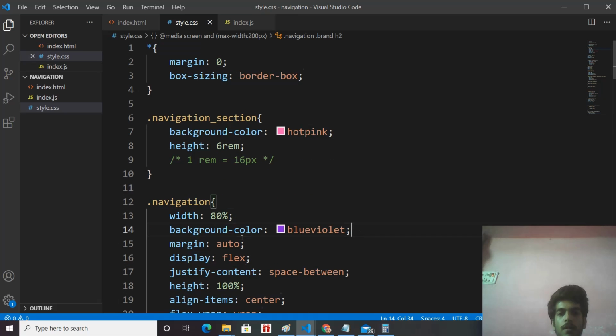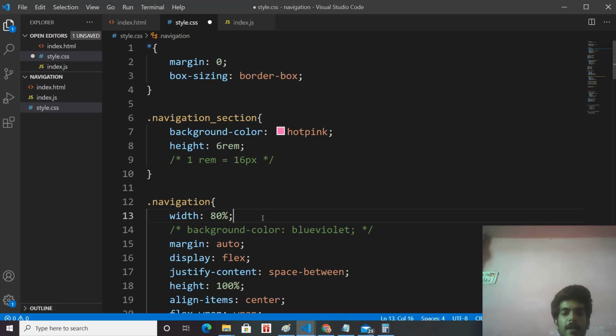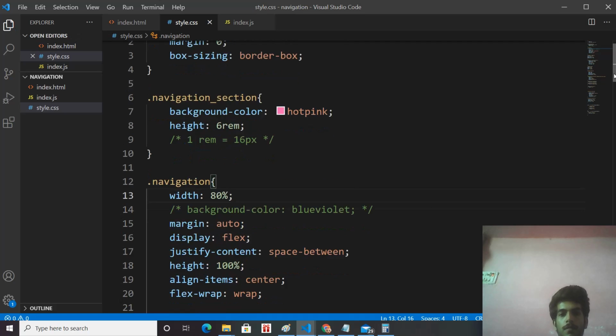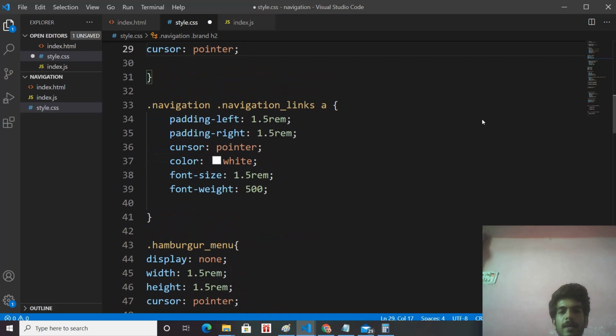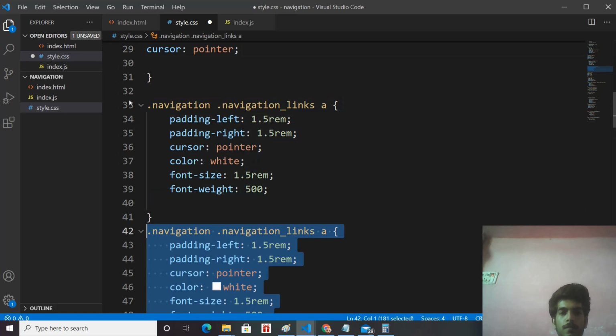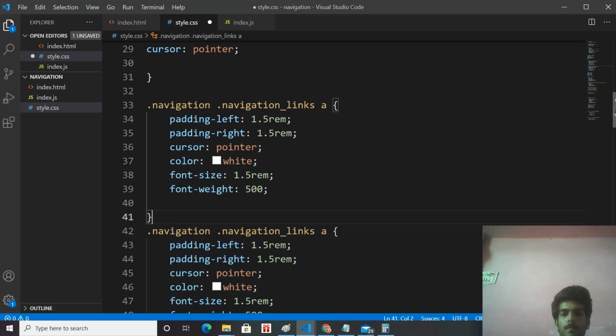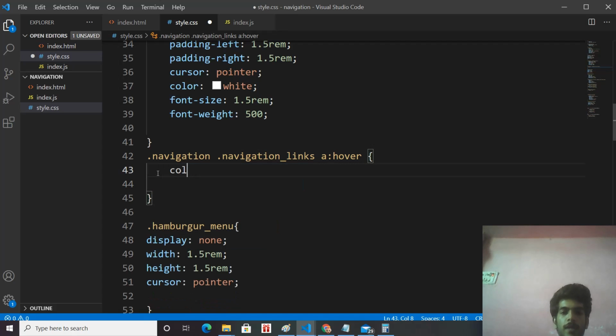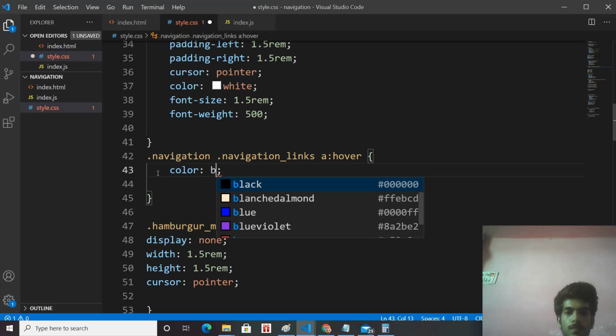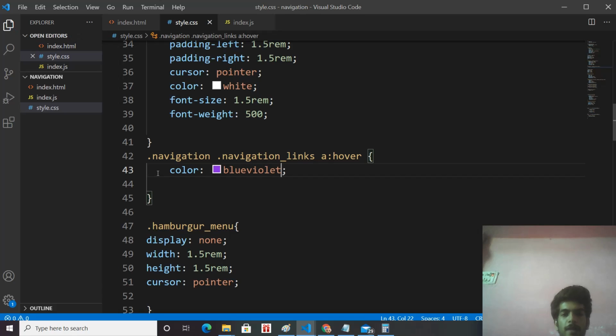First of all, uncomment the background color of our navigation container, and add cursor pointer on the brand h2, and in the navigation links, when we hover over, it should change the color from white to blue violet.